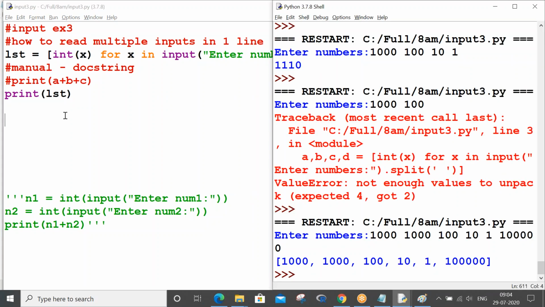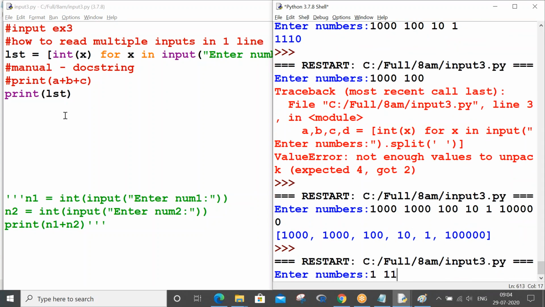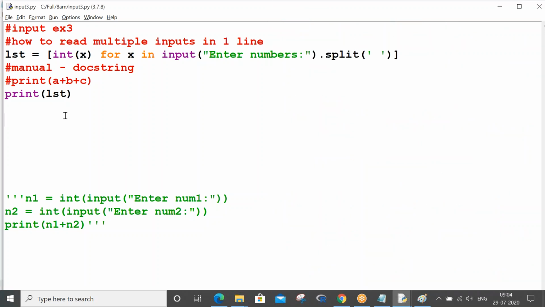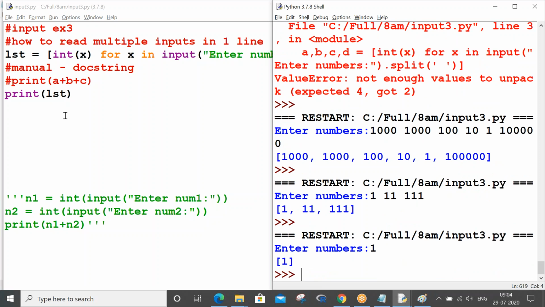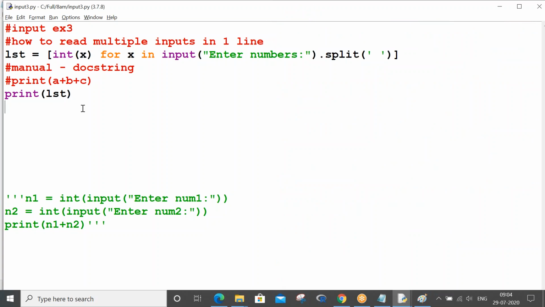Okay, control S, F5. You see, you can restrict it to only three numbers also, it will work. Control S, F5. If you want you can restrict it to only one number also, it will work. That one input it is also taking and putting in the list. So that's how you understand how to read multiple inputs from the keyboard using a list. But here I have not added all the list elements. For adding list elements you should extensively use a for loop, which I will discuss in the next session or next-to-next session when we start control statements.